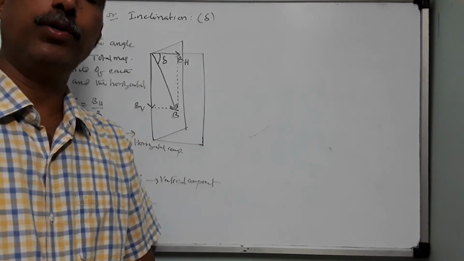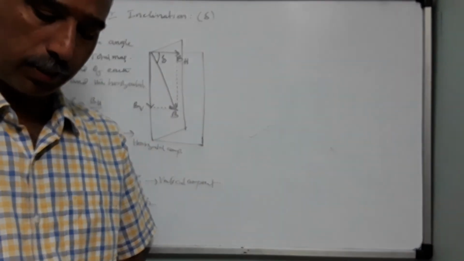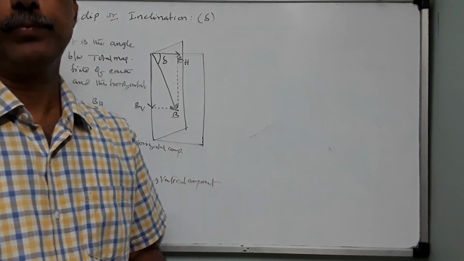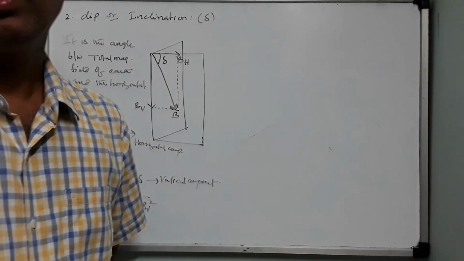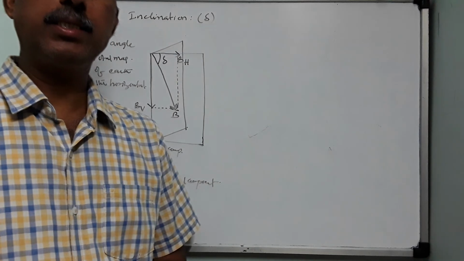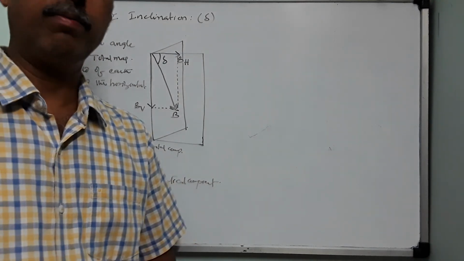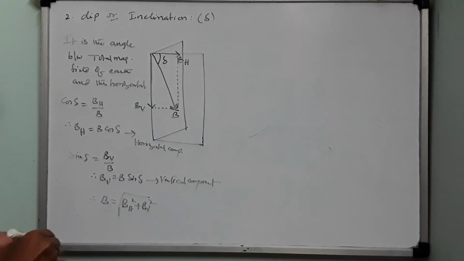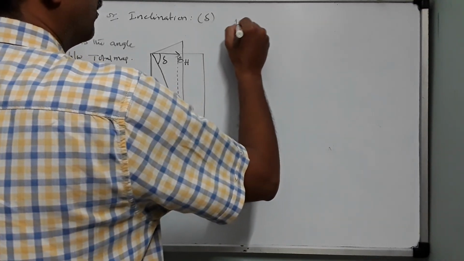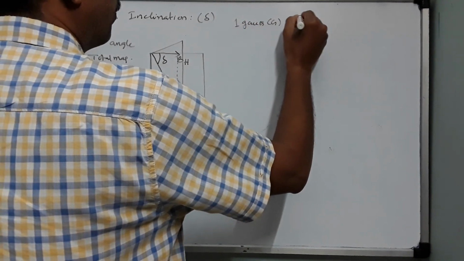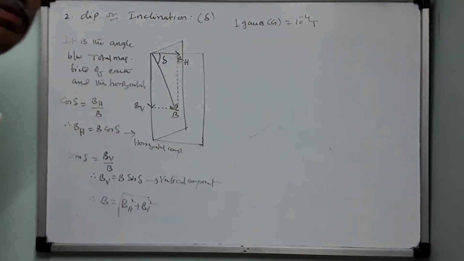This is a time to tell you children, we have different units to measure the magnetic field intensity or magnetic field strength. The SI unit is generally Tesla. The other classical units are there in the CGS system. They are Gauss and Maxwell. One Gauss is nothing but 10 power minus 4 Tesla. One Maxwell is also equal to 10 power minus 4 Tesla. So I am writing here: one Gauss, symbol capital G, equals 10 power minus 4 Tesla. Maxwell is also being used as a unit, but Gauss is the very common unit.